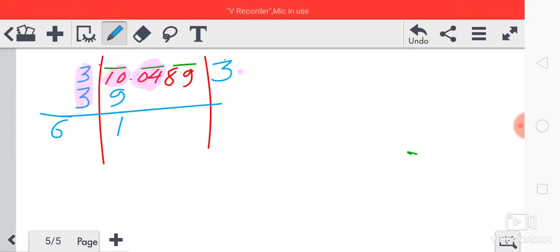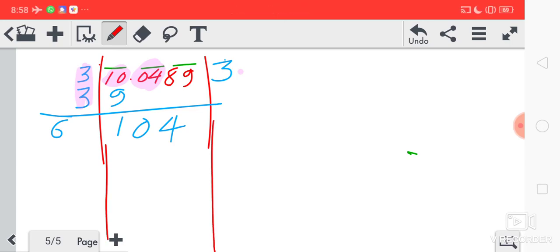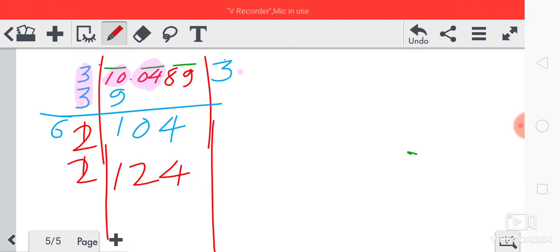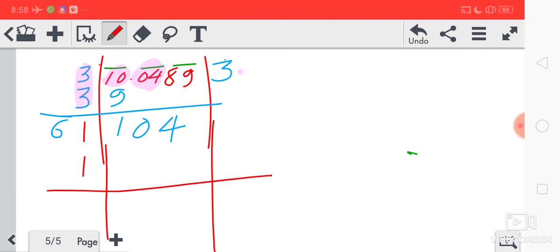So we'll write here 04. Okay, now which number should we take? Either we should take 1 or here we should take 2. If we take 2 times, then 2 2s are 4 and 2 6s are 12. We are getting more than 104. So we cannot take 2 times. So what do we have to take? Only 1 time. In 2 times we are getting greater than 104. So we are taking only 1 time.